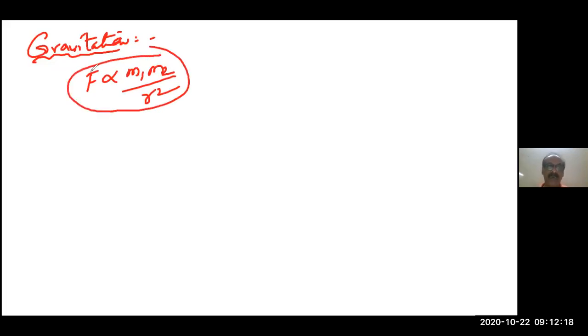Gravitation. Okay. Listen. First of all, when we explain gravitation, we know every material body in the universe attracts each other. This is studied in 9th standard. This force of attraction between these masses is directly proportional to the product of their masses and inversely proportional to the square of the distance between them. First, let us see how this force depends on mass and distance between two point masses.